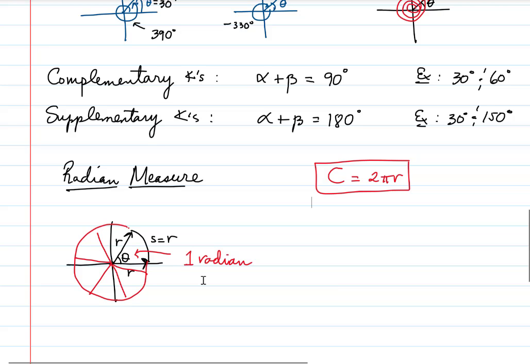So why don't we just let r be 1? If you let r be 1, this s would also be 1. And since we know this is a radian, the quantity of the r length would actually match the radians here. So it would be very convenient. So if you let r be 1, okay,